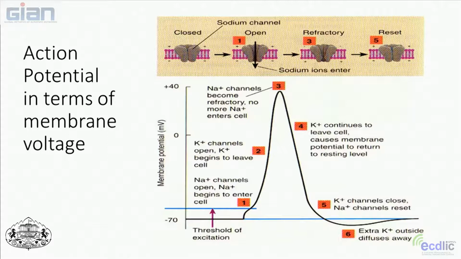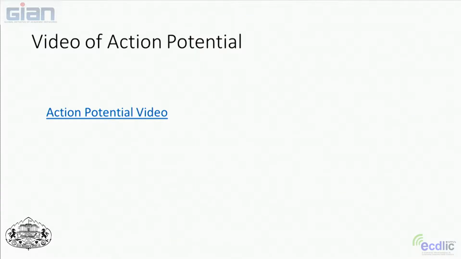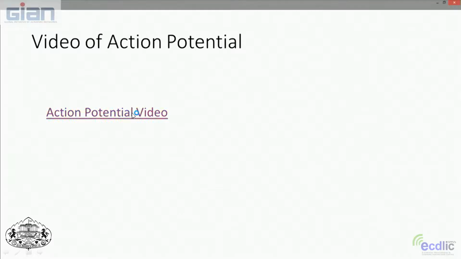Potassium continues to leave the cells, causing the membrane potential to return to a negative resting potential down here at the bottom. And it goes through this refractory period after it fires, just sort of like it's returning to a normal state. So when it's in this refractory period, it can't fire again till it gets back to its normal resting potential state again. Is that making sense? Is everybody following okay? Okay, so we're going to watch a little video of it. I know I'm driving it into the ground, but